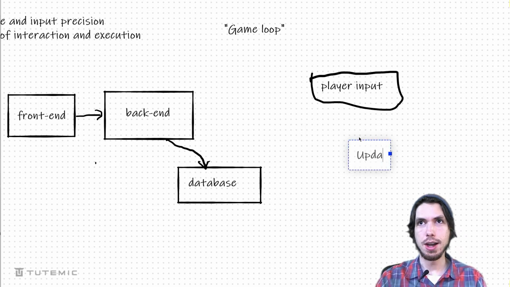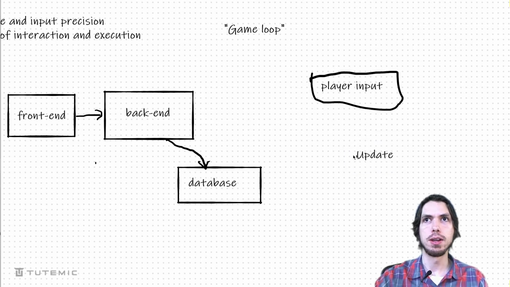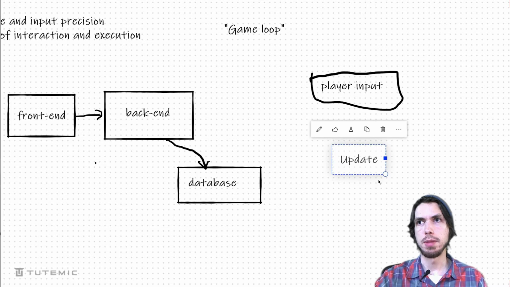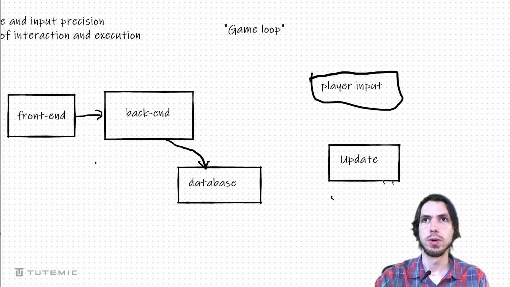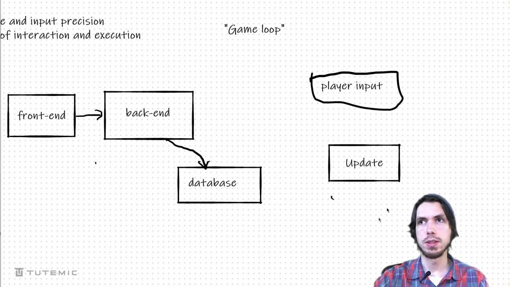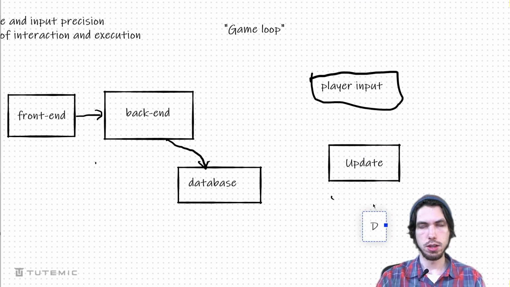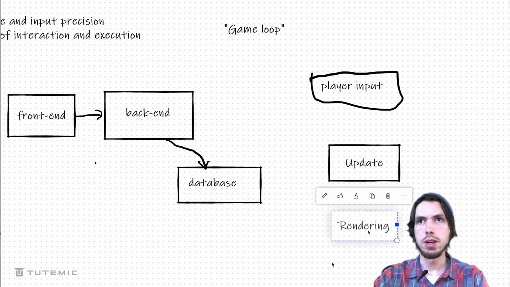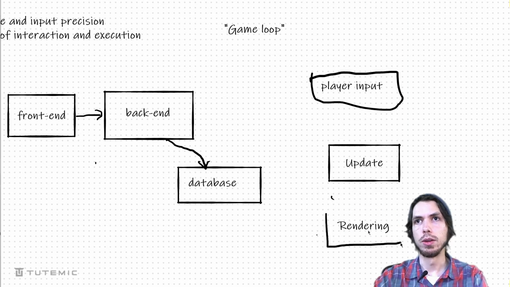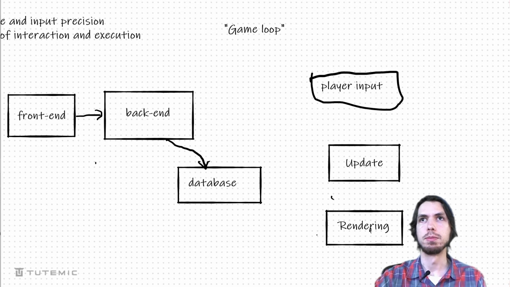And then we've got the update. I'm just going to call it update because a lot of different game engines like to call it update. It might be called something else depending on the game engine. But the update is where the state of the game is being updated, perhaps. But there are other parts of this game loop, such as rendering. Let's say rendering or something like that, right? And so we've got rendering, where the graphics are rendered in the game.